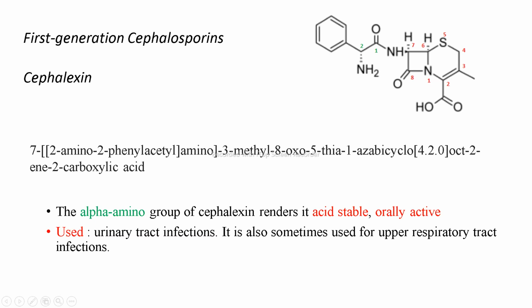So now we will check out the IUPAC nomenclature. Now we have to follow the alphabetical order. But before following the alphabetical order, first we have to predict the functional group, the highest priority functional group. Now these penicillins and the cephalosporins, they contain only one highest priority functional group, that is the carboxylic group. So this one is a carboxylic group, COOH. This is the carboxylic group.